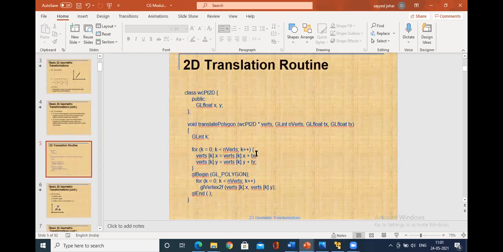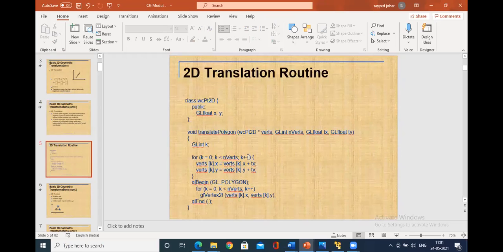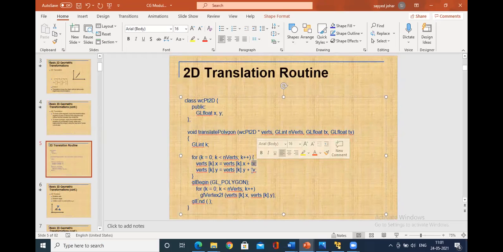If you are translating a polygon that consists of a set of vertices, you will add the translation factors Tx and Ty along the x-axis and y-axis. Each new vertex k is identified by adding the translation factors Tx and Ty within a loop over the n vertices.